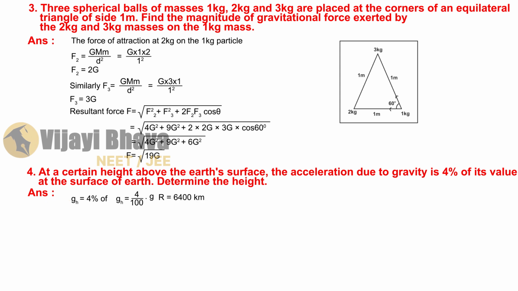Substituting these in, gh is equal to g by 1 plus h by r whole square, which is the formula to calculate acceleration due to gravity at a height h. We get 4g by 100 is equal to g by 1 plus h by r whole square. As we need to find h, let us separate 1 plus h by r whole square, which is equal to 100 by 4, after cancelling g on either side. Now 1 plus h by r whole square is equal to 25,